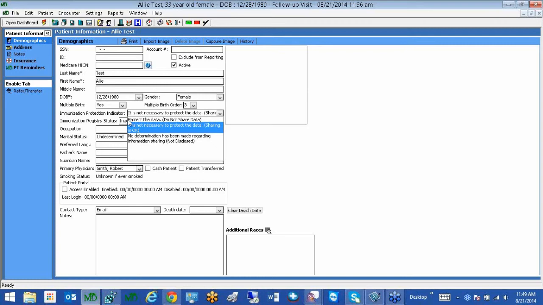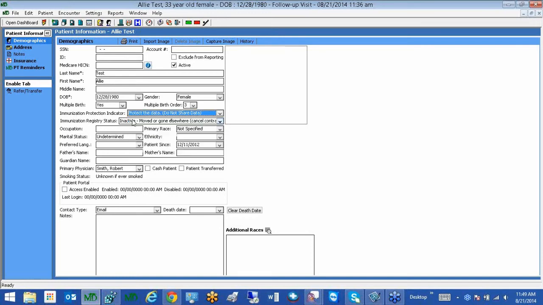And then the third status is protect the data, do not share. If this is set when the immunization file for the patient is submitted to the registry, this information is passed